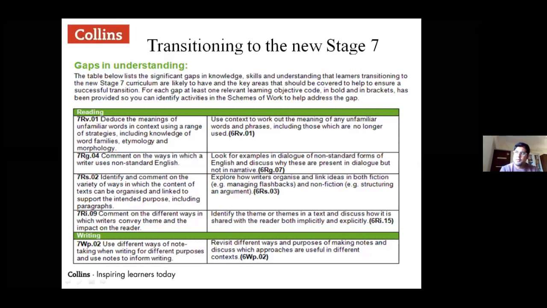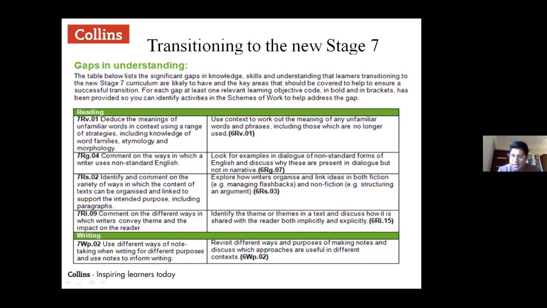So, prima facie, let me explain the two papers; they still remain the same. We have paper 1 as non-fiction, 50 marks, 1 hour and 10 minutes. We have paper 2, fiction, 50 marks, 1 hour and 10 minutes. So the standard of the exam style remains the same. But the content has a little change, a shift here and there, one block here, one block there. More or less it's the same, but the changes need to be understood.